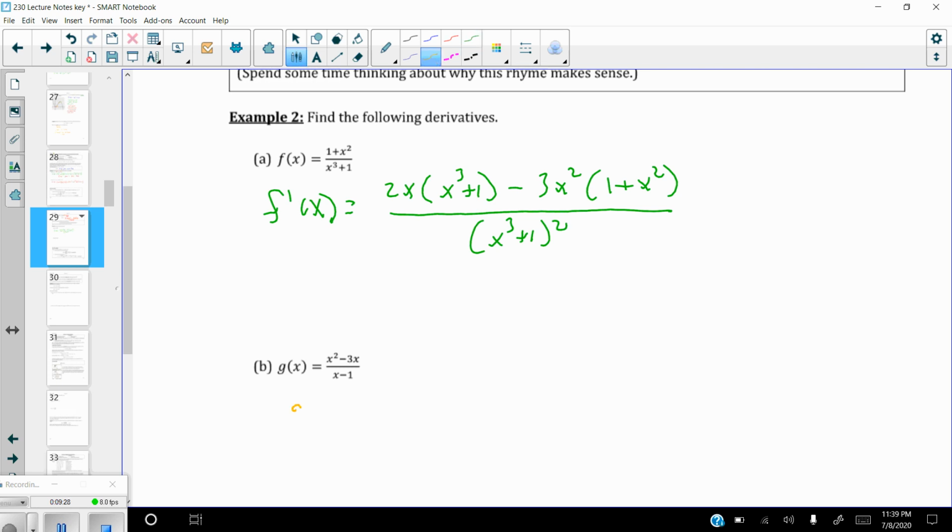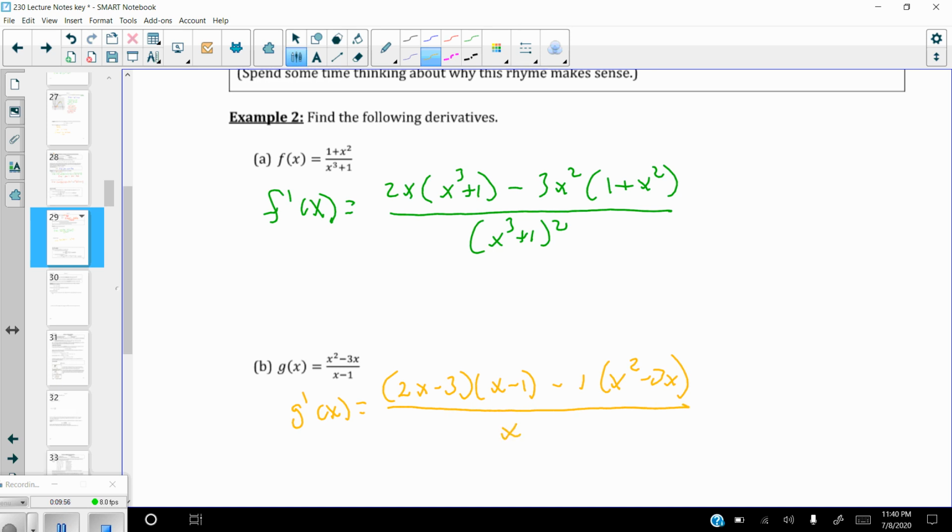So g prime is, let's see, the derivative of the top, which is 2x minus 3 times the bottom, x minus 1, minus the derivative of the bottom, which is just 1, times the top, which is x squared minus 3x, all over